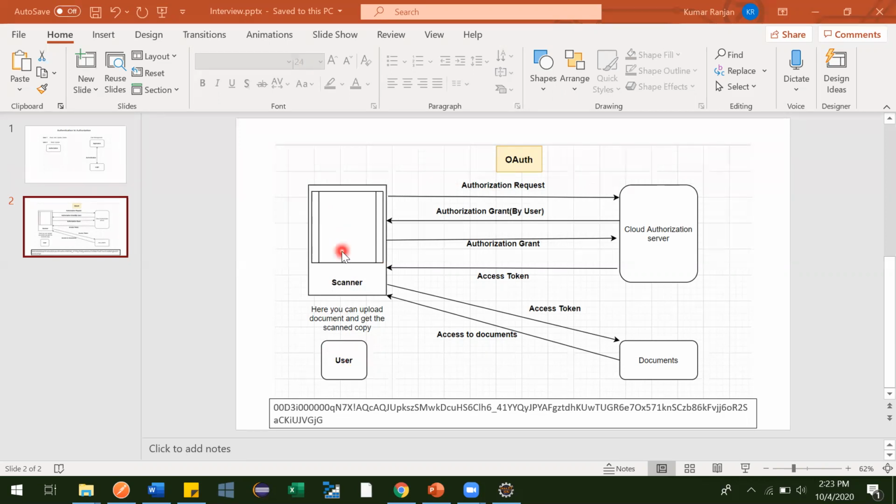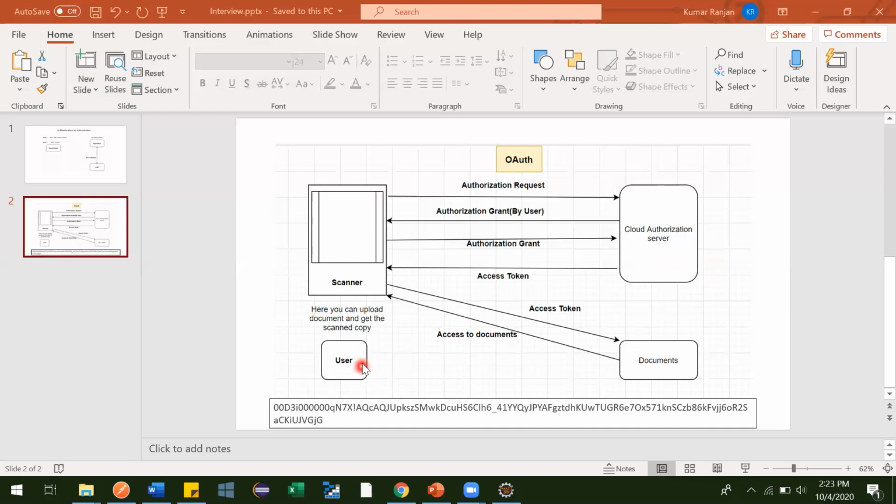Now suppose this guy has some important documents that he doesn't want to keep in the gallery. So he has kept his important documents in some cloud, like Google Drive.